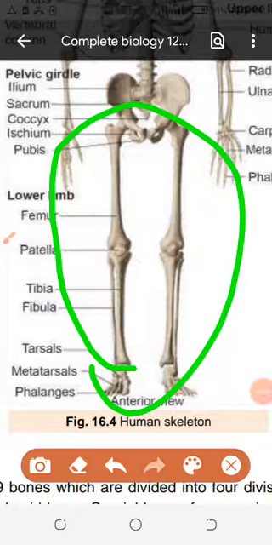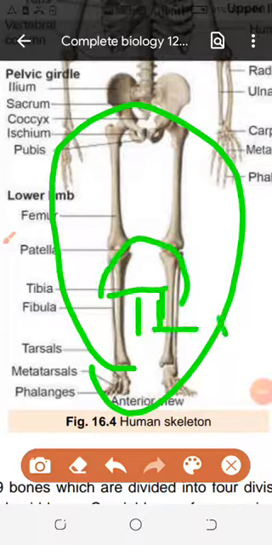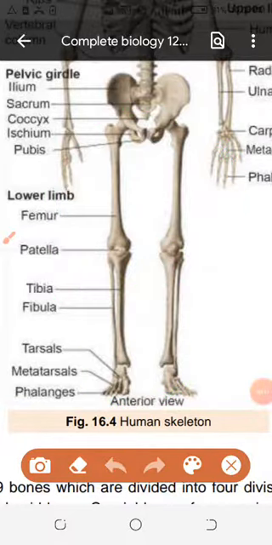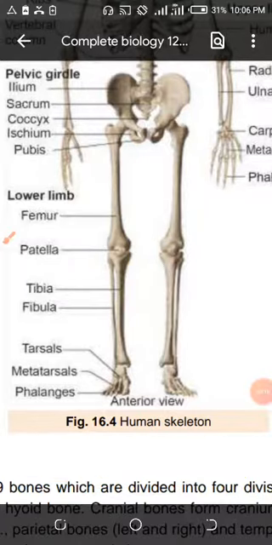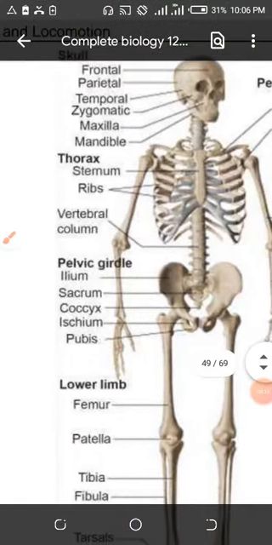It means there is a system, there is a controller, and that is controlling the birds. If you see, the birds have very weak hind limbs, meaning the legs are very weak, and the forelimbs are very strong.